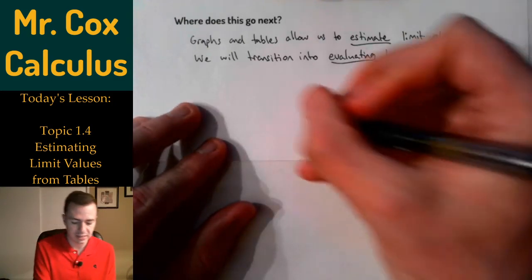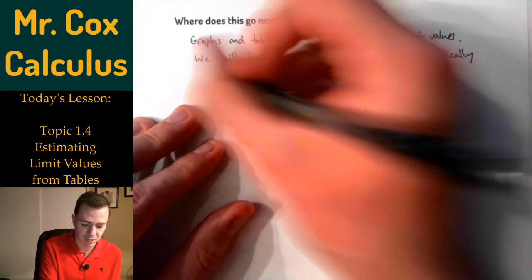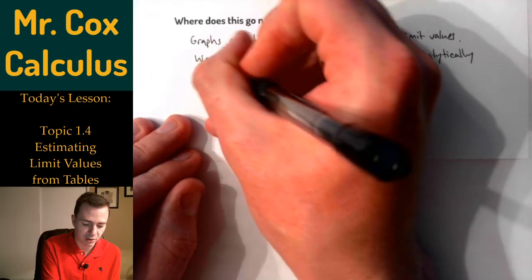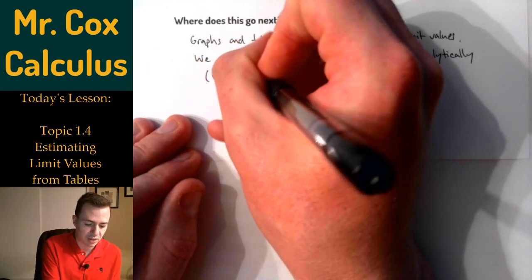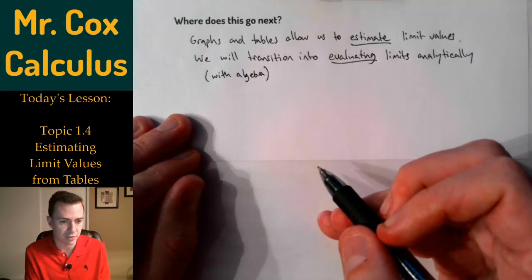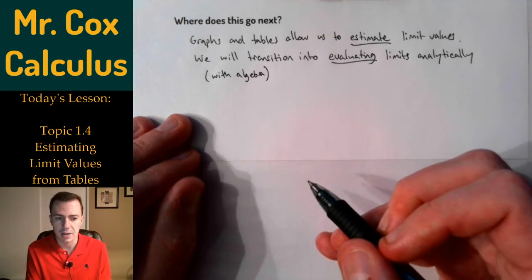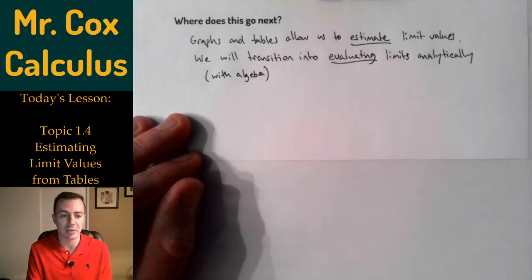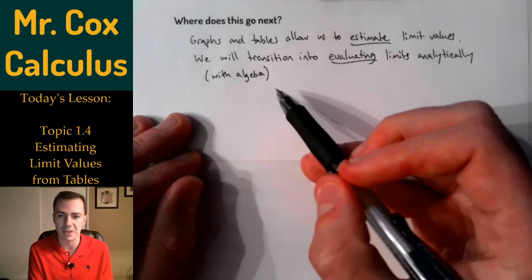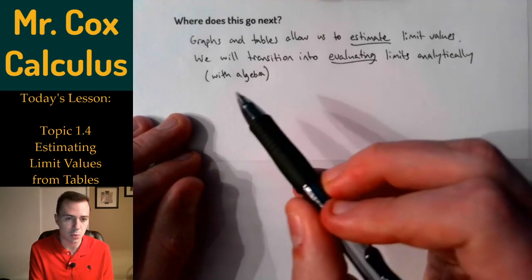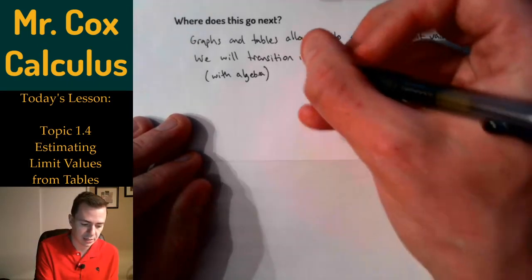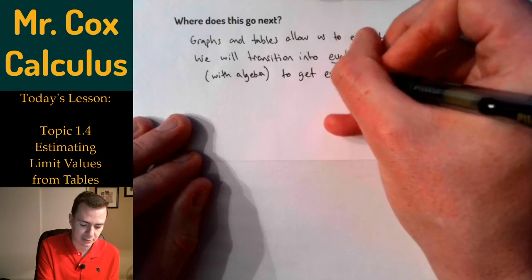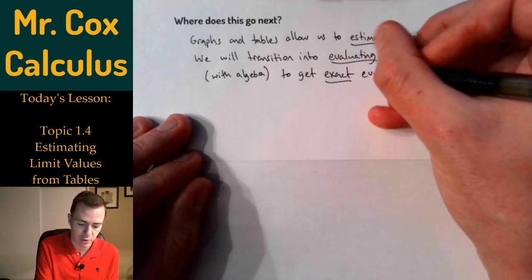And we should say too, when we say analytically, what we're referencing here is these next couple of topics are going to be very algebra heavy. And if you're good at algebra, the next couple of topics might actually be the easiest way to evaluate a limit. If you struggle at algebra, it might be a struggle. But we're going to evaluate these limits algebraically to get exact evaluations